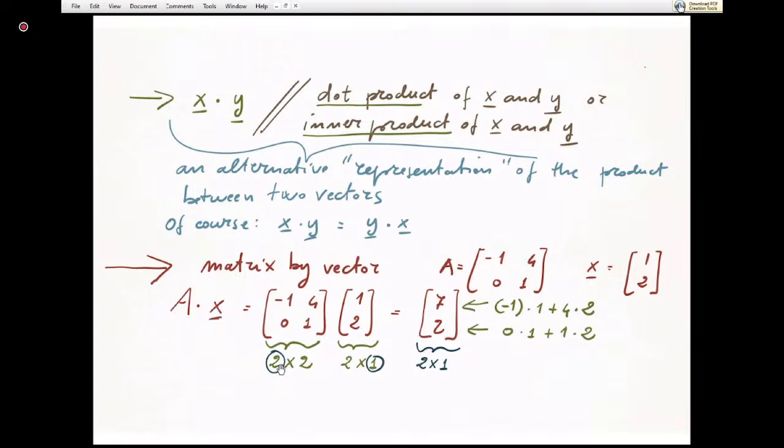Now, first, let me just show you an example with a 3. What about multiplying A times B, where A is equal to 1, 2, minus 1, 0, 1, 3, 4, 1, 0, and B is equal to 2, 0, 1. A times B is equal to,